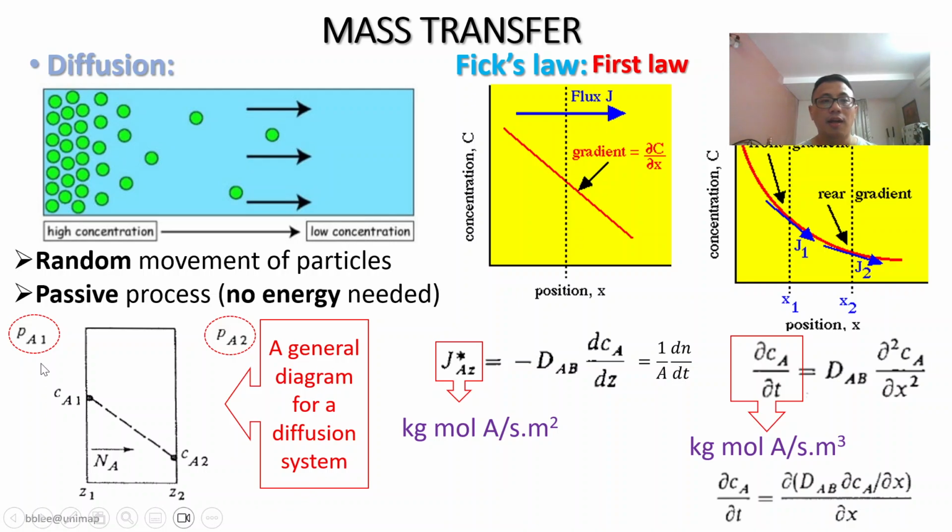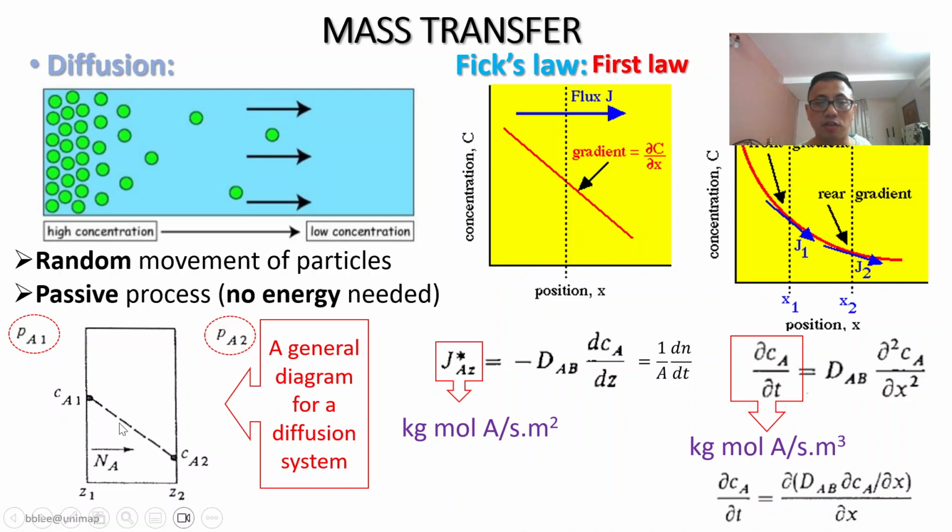Okay, we can describe the diffusion process by using this concentration distance profile, just like the heat exchanger. We have the concentration, so we need to show the concentration gradient here. At two points, Z1 is 0.1 and Z2 is 0.2. When we have high concentration at Z1, 0.1, and low concentration of the substance at Z2, 0.2, the flux is